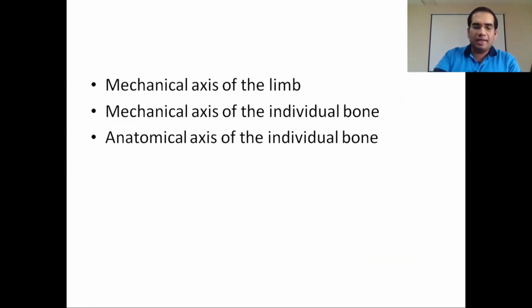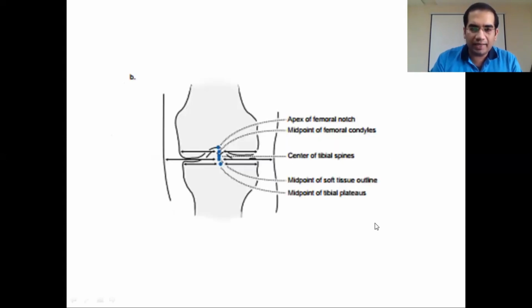Number one, mechanical axis of the limb, number two, mechanical axis of the individual bone, and number three is anatomical axis of the individual bone. How to mark centers of the joints,